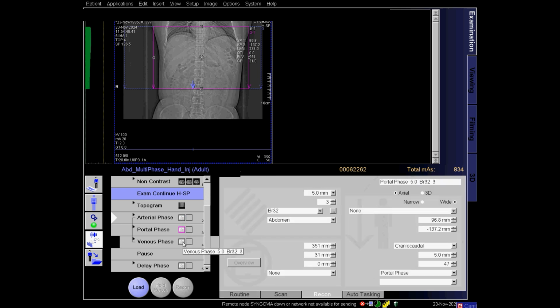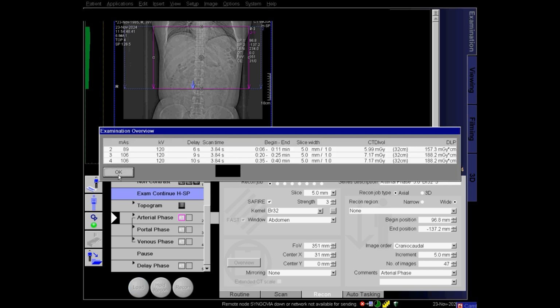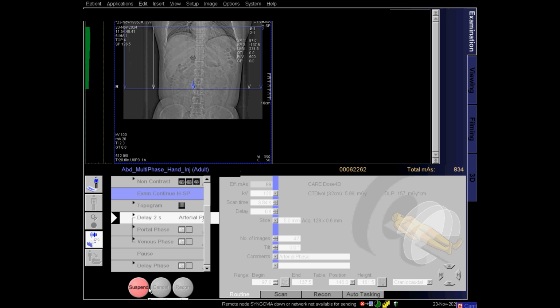Right now I am taking the arterial phase and adjusting the field of view for the arterial phase. In the meantime, I prepared my contrast, and now press the move button as you prepare the contrast and cannula for the patient. In case of an auto injector, press the start button of the scanner and the auto injector at the same time and use the bolus tracking method, but this time I did it manually.